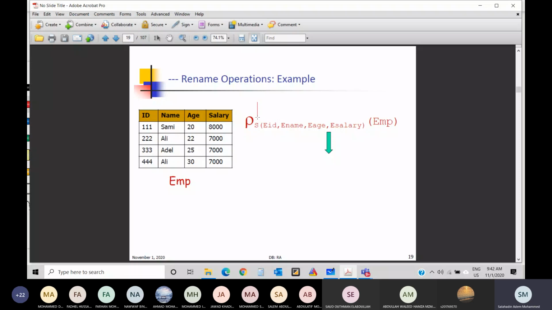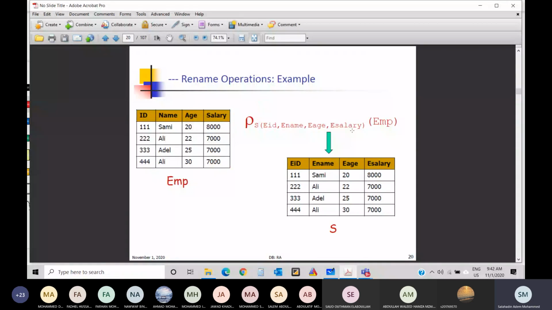So this is a table change, Shabab. It's outside the bracket, but this one is for each column. I have 4 columns, so the first column is going to be called EID, E name, E age, and E salary. This is a new table, it's called S. This is outside the bracket. Those inside the bracket will be changed into different names. So instead of ID, I will have EID, instead of name, E name, and so on. So the same order, but the only thing is the names will change.